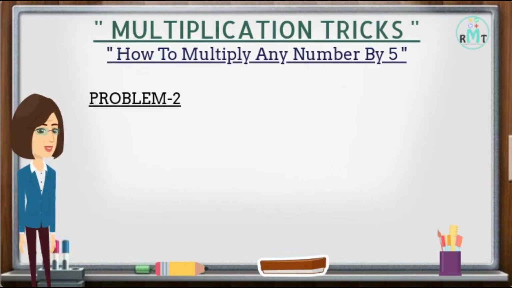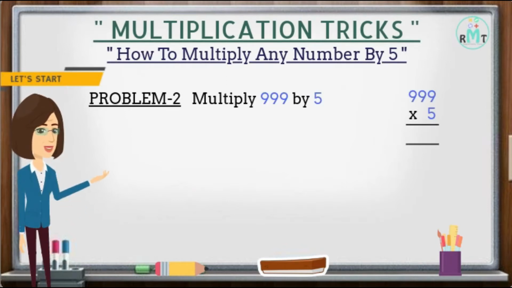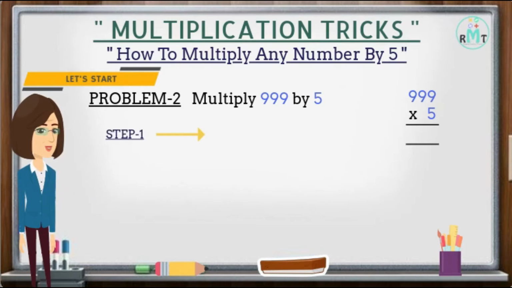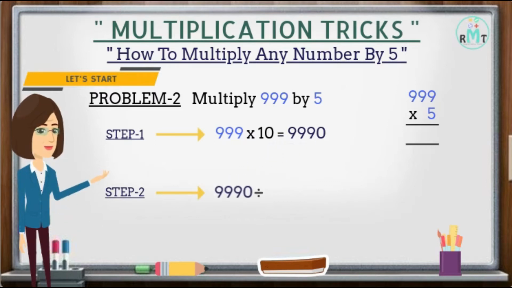175. Problem 2. Multiply 999 by 5. Let's start. Step 1. Now we multiply the number 999 by 10, and we get 9990 as the answer. Step 2. Now we will divide the result obtained in step 1 by 2, and we get 4995 as the answer. Hence, the final answer is